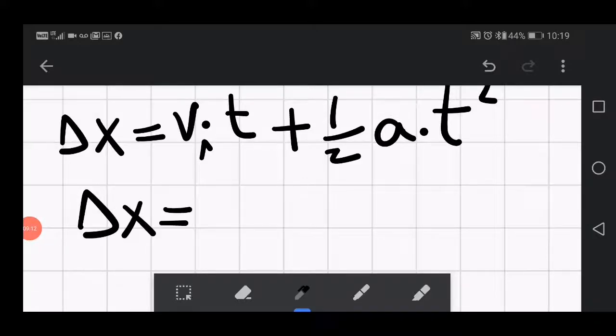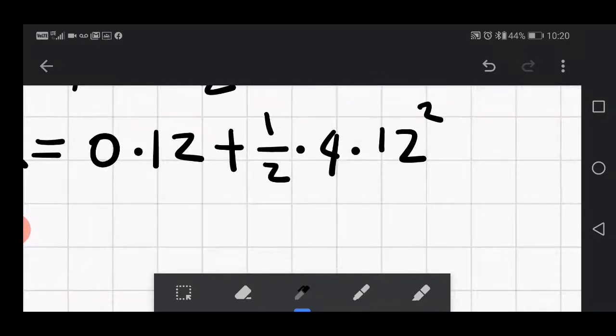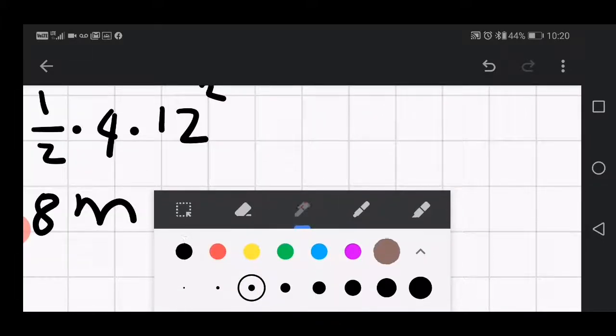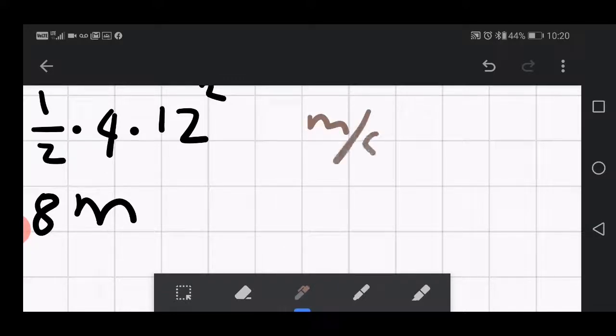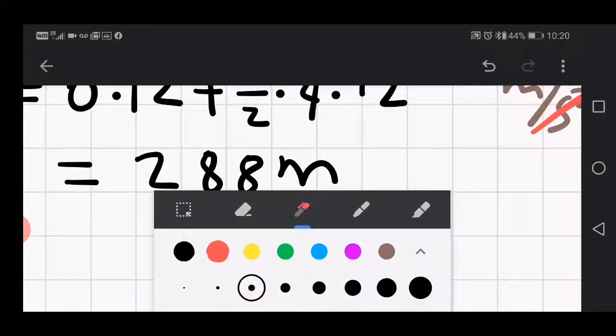So 0 times 12, which doesn't add anything because it's 0, plus 1/2 times 4 times 12 squared. So this is 144 times 2. Final answer, 288 meters. Notice, please, that you got meters per second squared and you're multiplying them times the square of seconds, and so things cancel out, and all you're ending up with is meters,